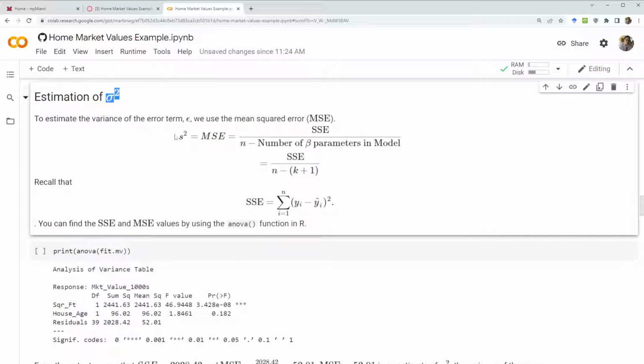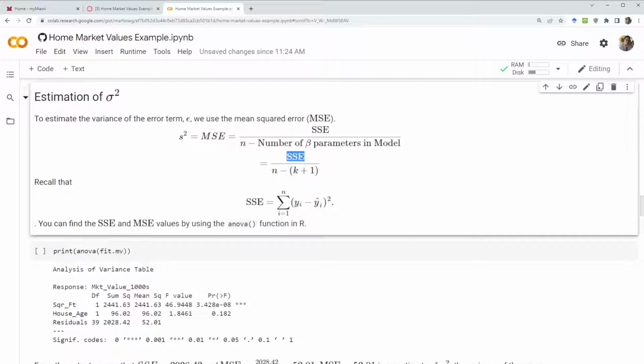The variance is estimated by MSE. MSE is also called S squared in some software, or S of y given x. There's multiple notation for this, but MSE is probably the most common one. MSE stands for mean squared error, and it's just the sum of the squared errors. We have seen this before: it is the actual minus the predicted, squared, and then we sum all of those errors